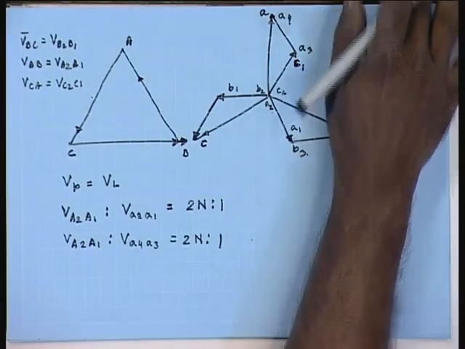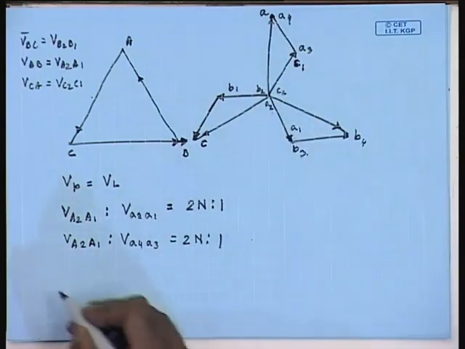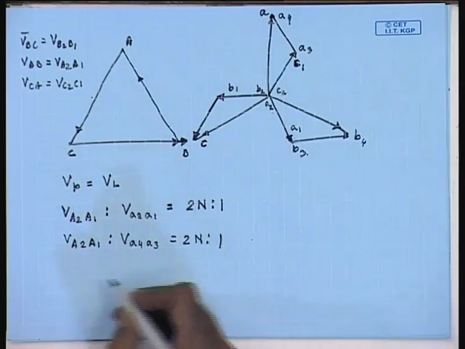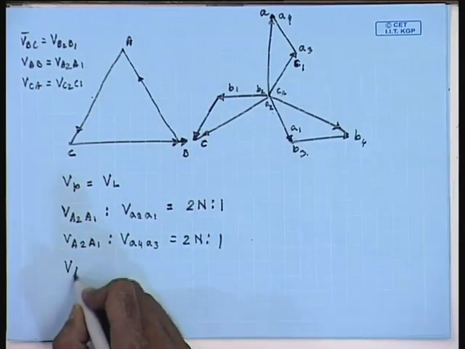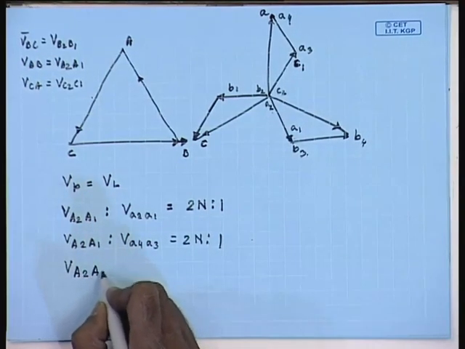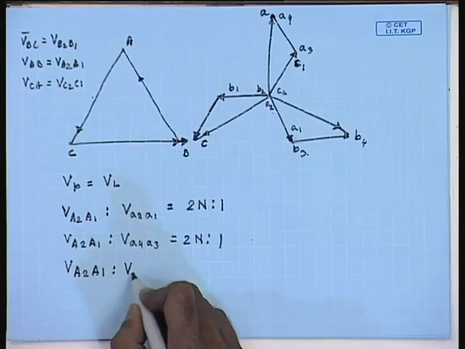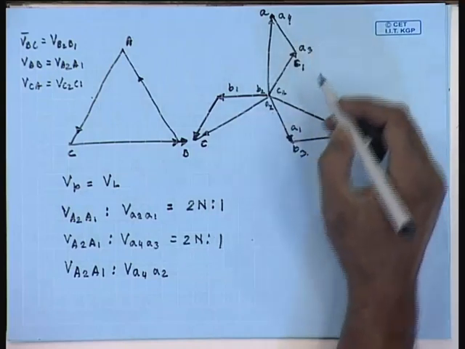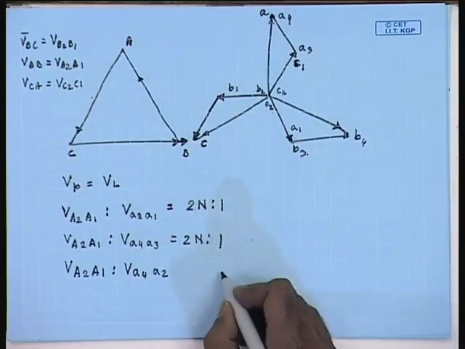Therefore, what is the ratio of V A2 A1 is to V A4 A2? V A4 A2 equal to,